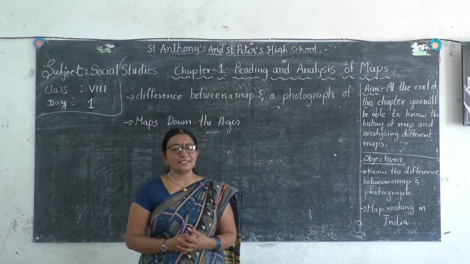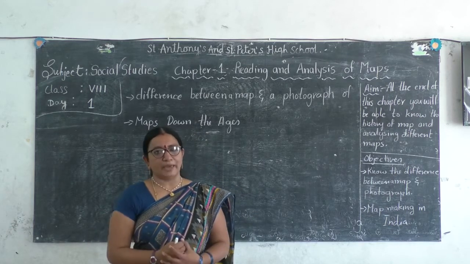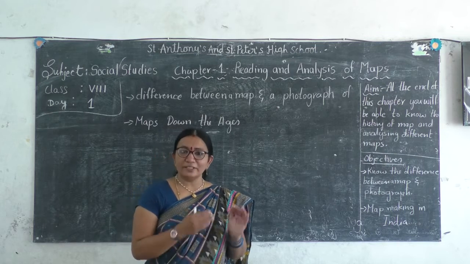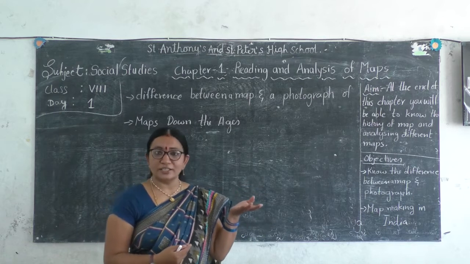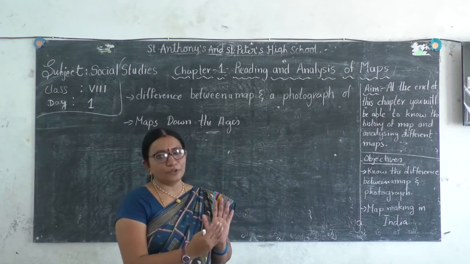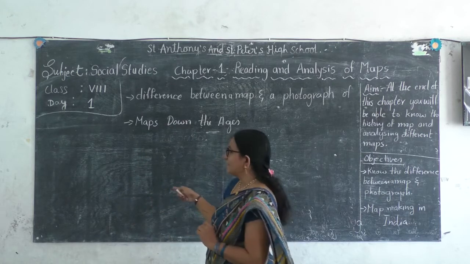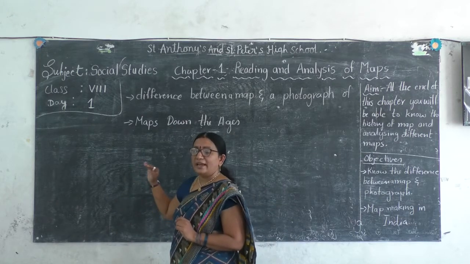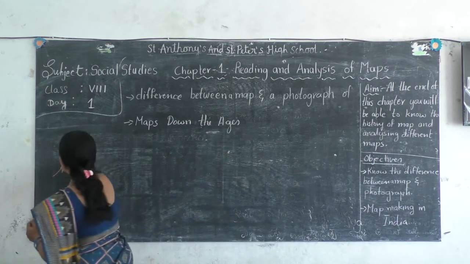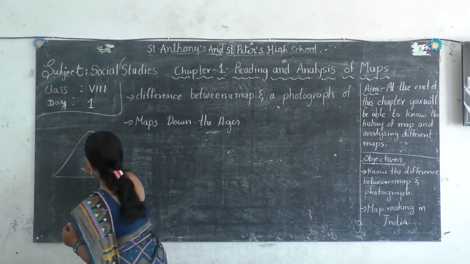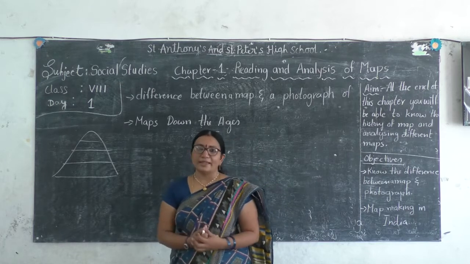So in class 6, you have read about maps, how to read the heights on a map. You have learned with the example of Nimpur village, where you have learned how to measure the height of Nimpur village. You have observed that at 50 meters, you have observed the village. At 100 meters, you have observed the temple. Do you remember that? The Nimpur village. And how the contour lines help to identify the heights.